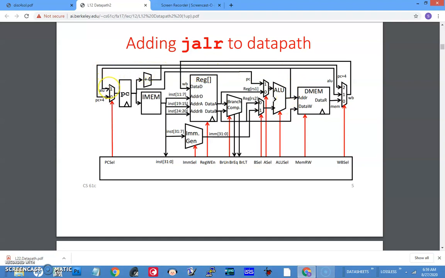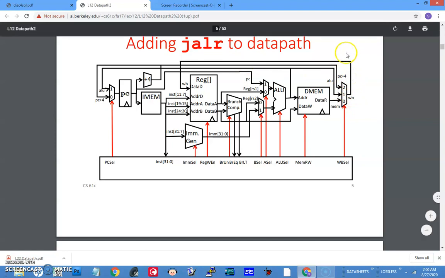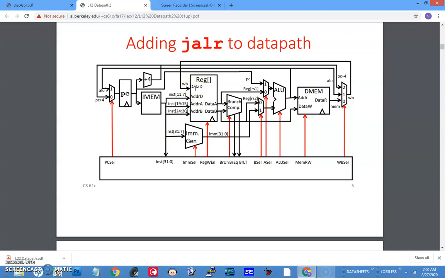and then the output is taken and it is going back to PC. Now, what happens to the RD, the return address? The return address is PC plus 4. So if you trace back, this PC plus 4 is routed through this multiplexer and it is coming right back to the RD data register. So likewise this data path is implementing JALR.